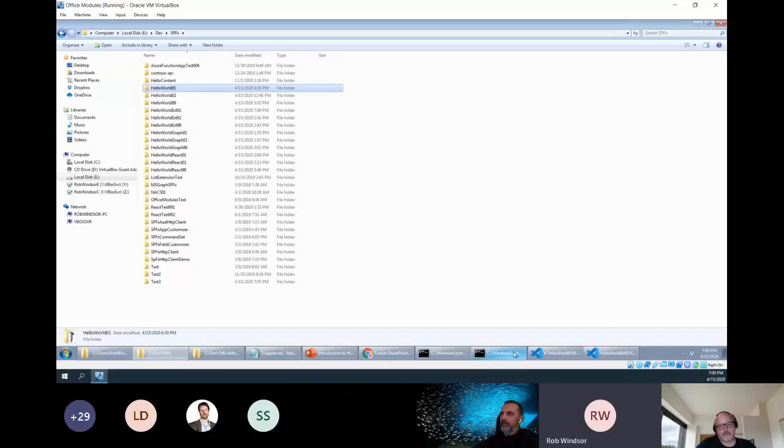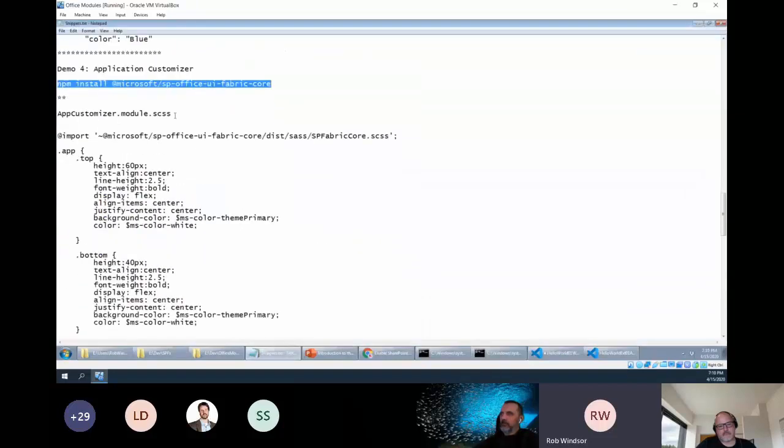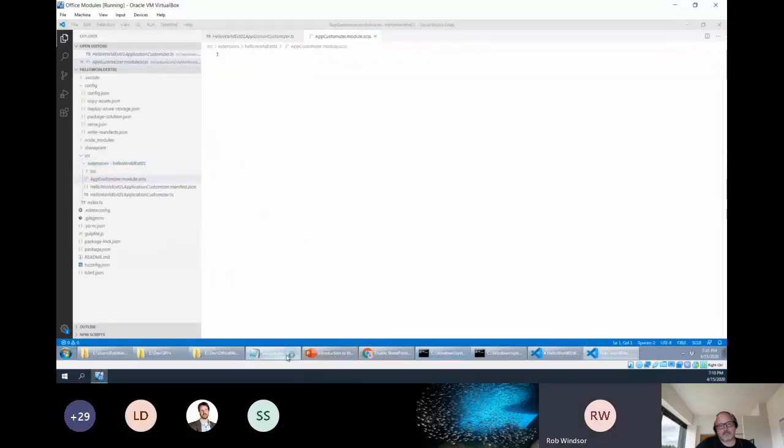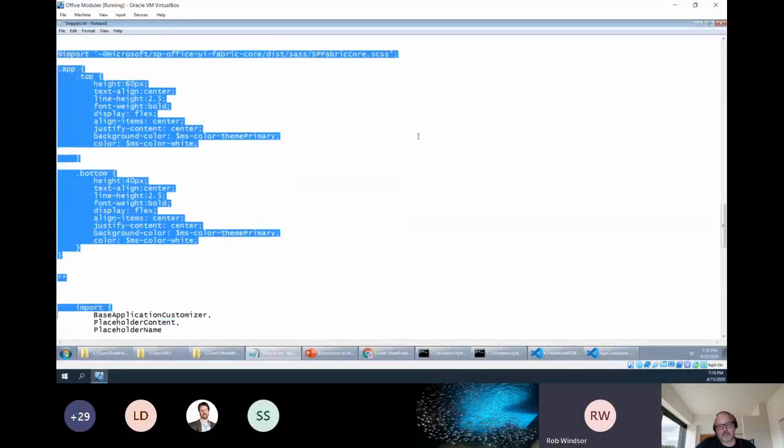All right, so that NPM package should have finished installing. It has. So that got added in my node_modules folder. And now I can go ahead and add a new file which defines my styles. So in here, I'll go in and create a new file. And in that file, I'll add this. So this is using Sass,